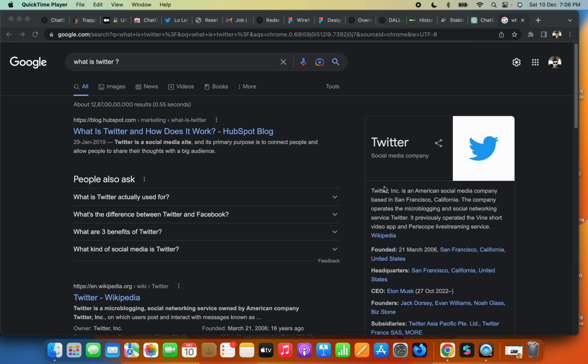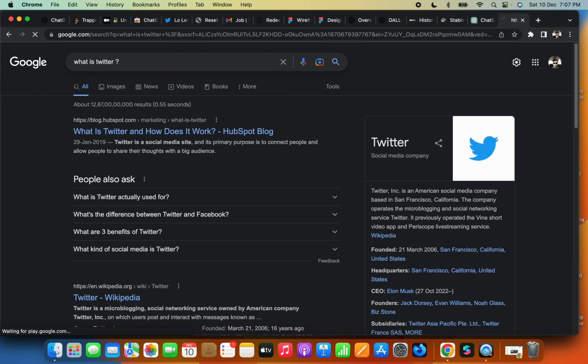So this will be another short video on how to include ChatGPT search result when you search anything on Google. Let's say if you search what is Twitter in Google, it does not have the usual result from Google, right? It does not have any search result from ChatGPT. And if you want to display the result from ChatGPT alongside the Google search result, you can do that with